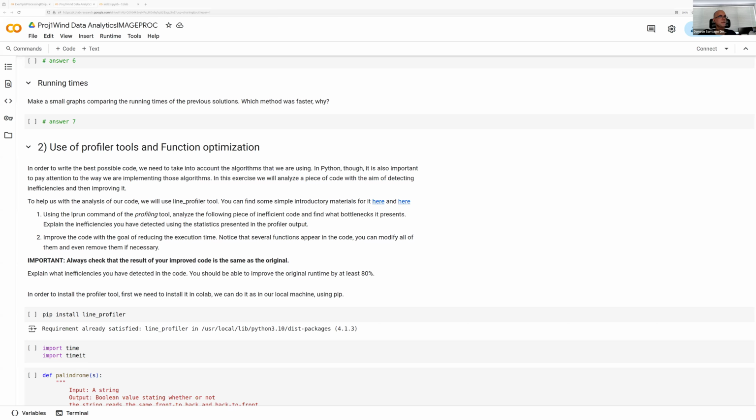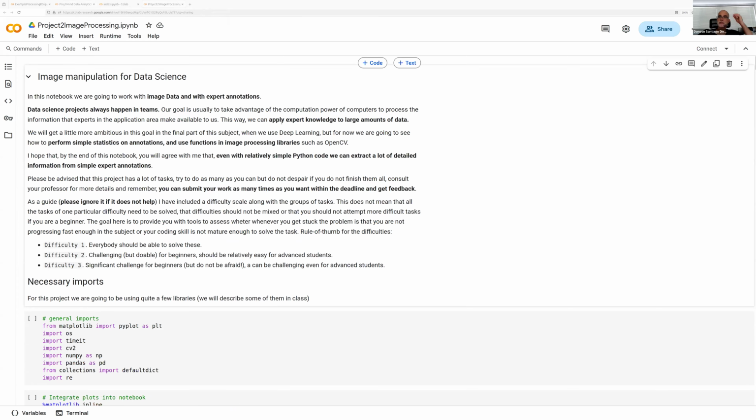Okay. So let's see if I can show it here. Yes. So this is the second one, the second project that we will do for the course. The course has 3 projects. Number 1 is about processing structured data, so Excel-like type of data. Project number 2 will be about image processing